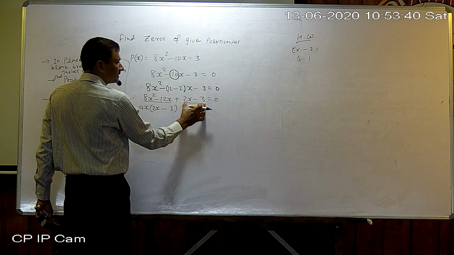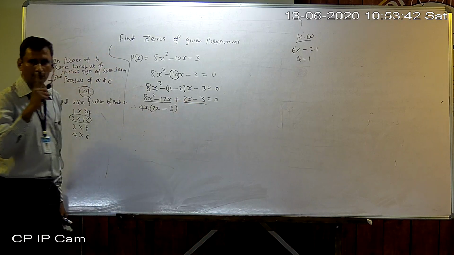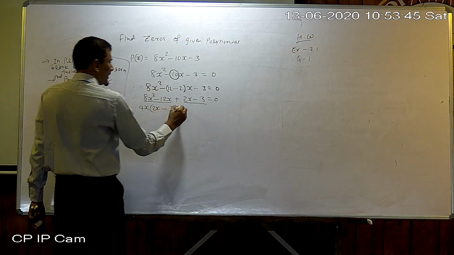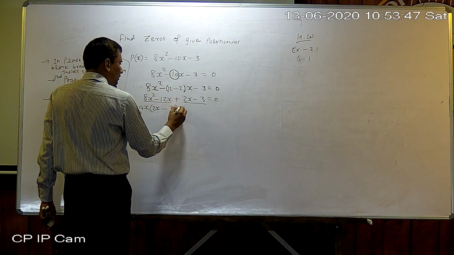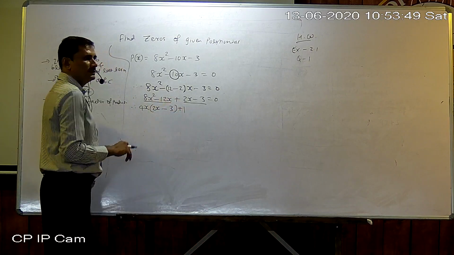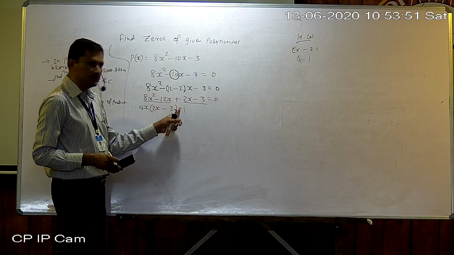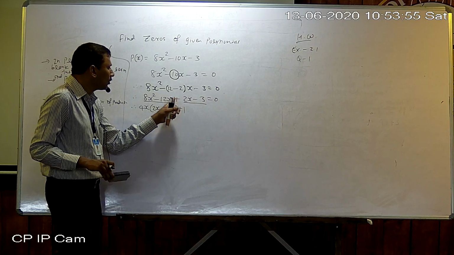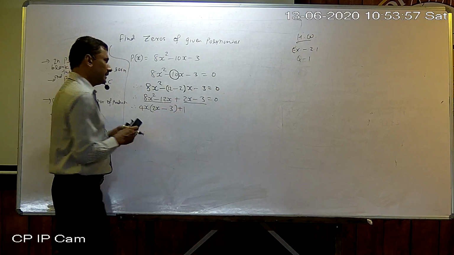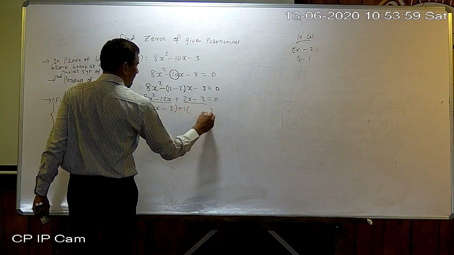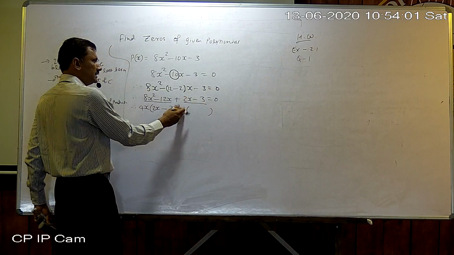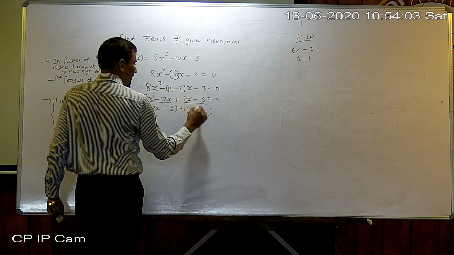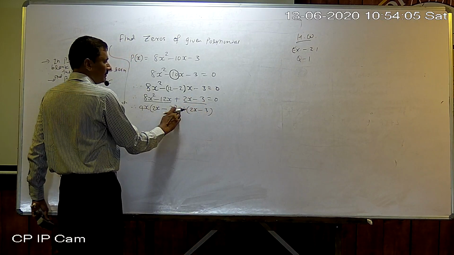Now here nothing is common. If nothing is common, 1 is common. So write down 1 and the sign according to the third term sign. Actually plus does not come here. It is the sign we place extra according to the third term. Now write whatever is left. So here nothing is taken common, 1 is the only common. So write down here 2x and here 3. Why? Plus is taken common.